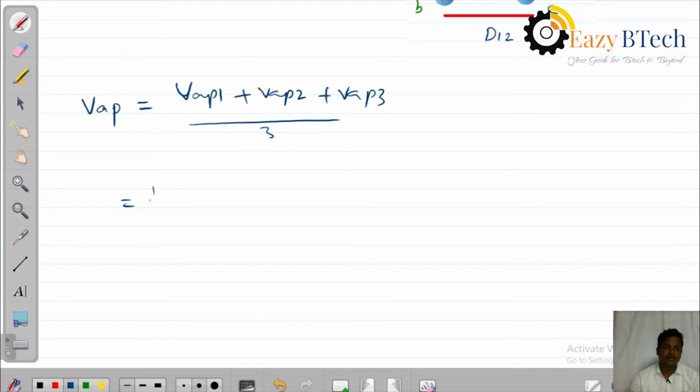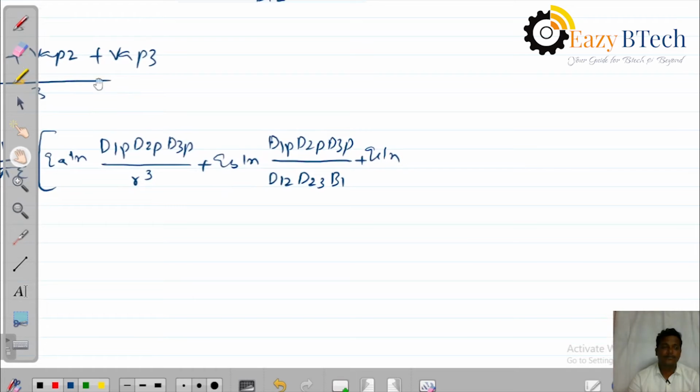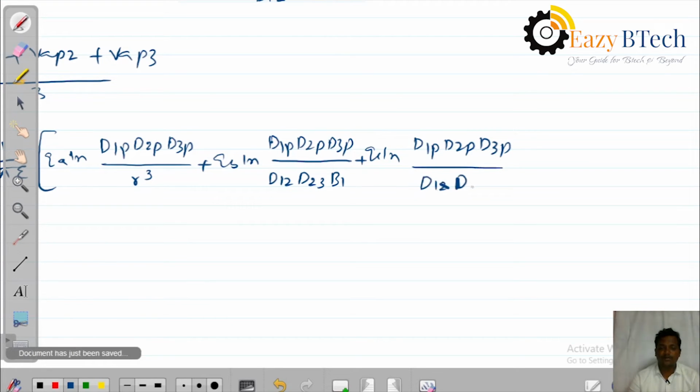Okay, add these three, you can get 1 by 3 into 1 by 2 pi epsilon [QA ln (D1B D2B D3B divided by RQ) plus QB ln (D1B D2B D3B divided by D12 D23 D31) plus QC ln (D1B D2B D3B divided by D12 D23 D31)]. Okay,